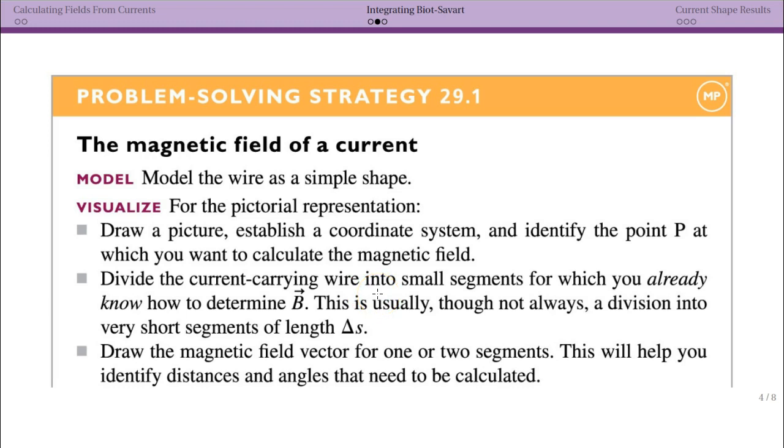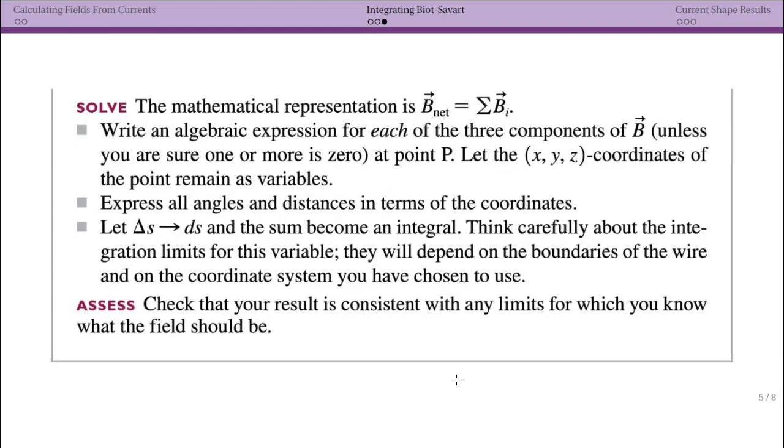Do all of the pieces have the same distance from the point? Do they have the same angle? So you might want to choose your coordinate system in a way that will make this as simple as possible. Then you're going to want to draw the magnetic field vector for 1 or 2 segments, right? Actually start setting it up and say, if I consider one segment to be effectively a moving point charge, at point P, what would my magnetic field look like? And you want to set that up for 1 or 2 points, make sure you have a generalized form,